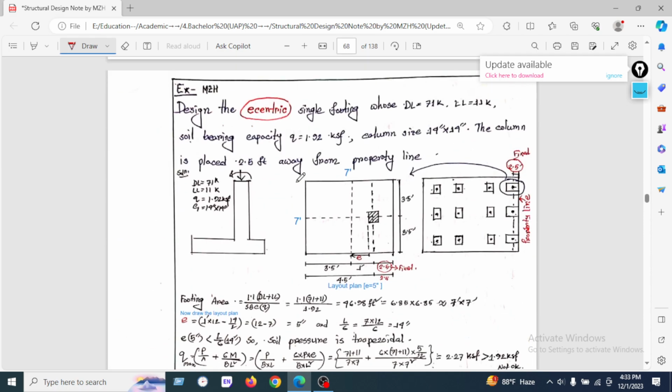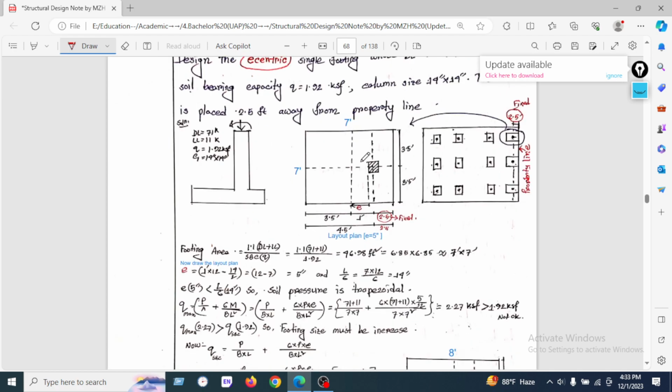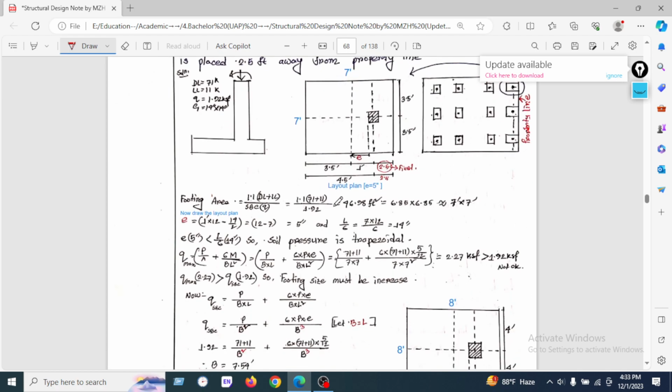If we summarize briefly here, at first we have the eccentric single footing. There is a property line. 2.5 is the client requirement, as there is a small property. And we have seen that first we found the layout, and for the eccentricity